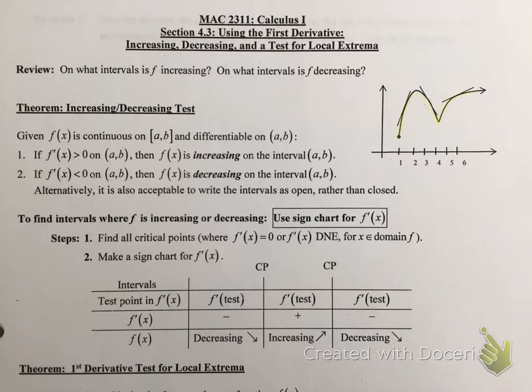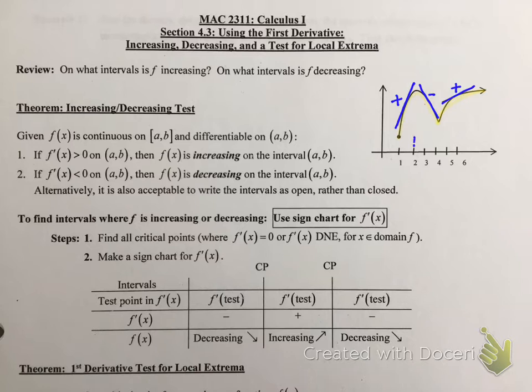To see if something's increasing or decreasing, if we take the first derivative, then we get the tangent line, right? So the tangent line for this piece has a positive slope. For this piece here is a negative slope. And for this piece here is a positive slope again. So if you take the derivative of the function, it'll tell you what the slope is doing. If we look at that tangent line, we can see that this function is going up